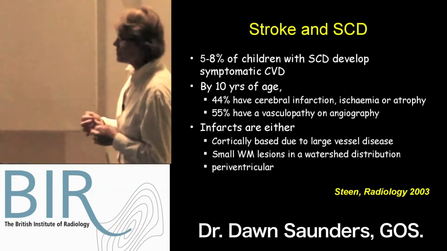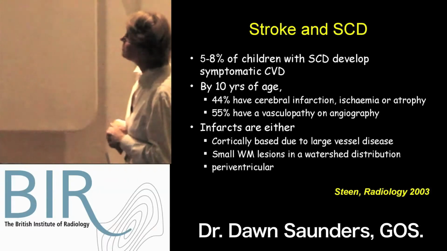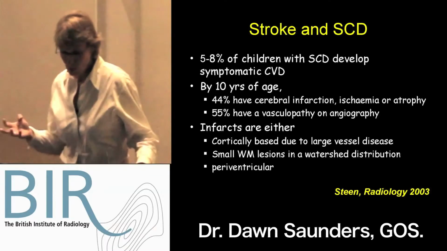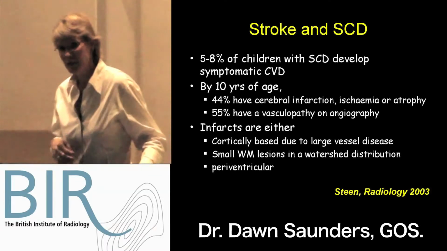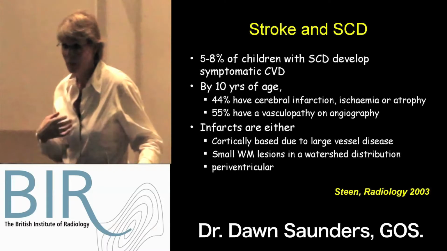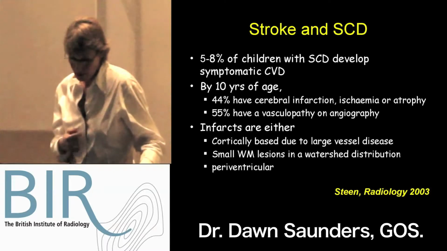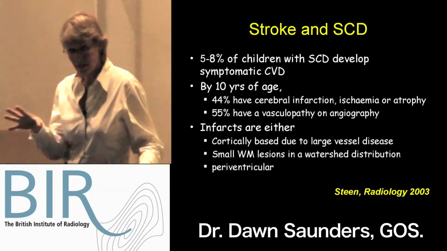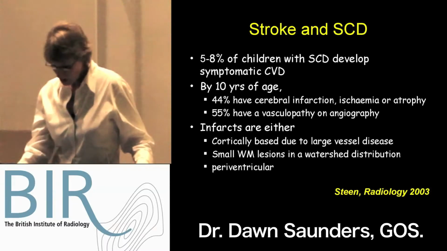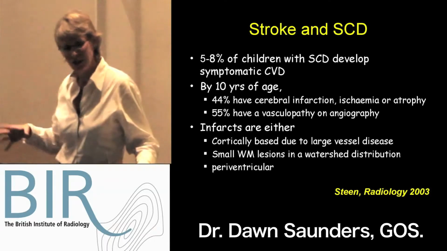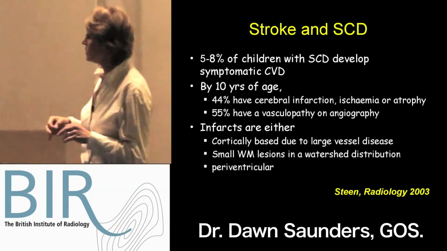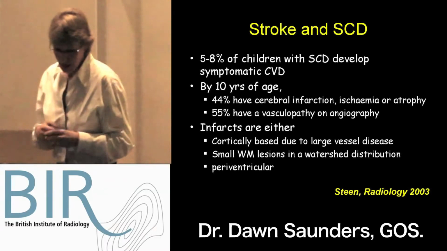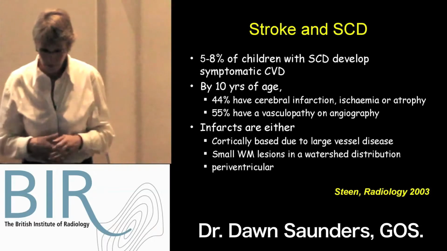So moving on to sickle cell disease, where stroke affects 5 to 8% of children with sickle cell disease, and by 10 years of age, 45% have cerebral infarction and 55% have vascular disease. So it's a very, very important disease in these children. And the infarcts can either be cortically based due to large vessel disease, or they have small white matter lesions in a watershed distribution, or they have periventricular lesions. We're not entirely sure what causes those, but the supposition is that it's like small vessel disease, sludging in vessels, and that's what causes that distribution of